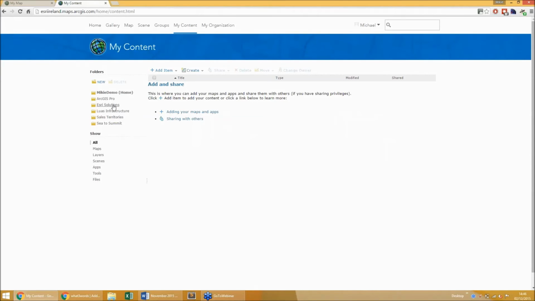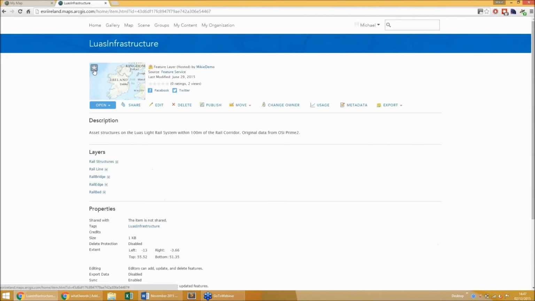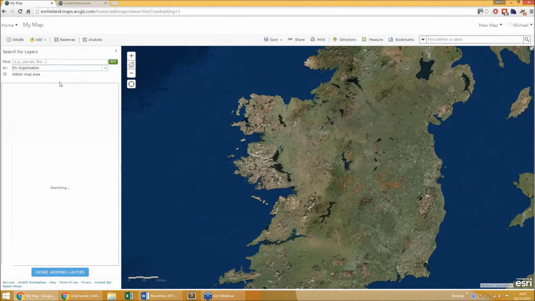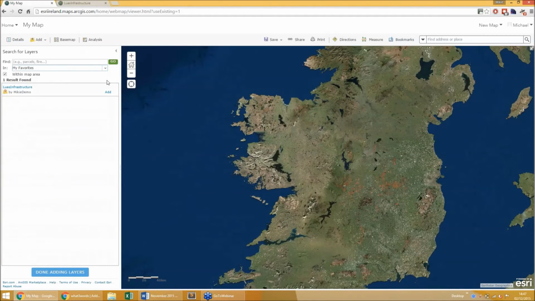I know there's a couple of things in here that I want to use, so I'm going to want this particular feature there. I'm going to favorite this so it's easier for me to find. If I'm putting multiple layers in my web map, it can be easier to favorite them first, and then I can go in here, search for layers, and search for my favorites, and it's an easy way of adding in your feature service or whatever you're looking for.